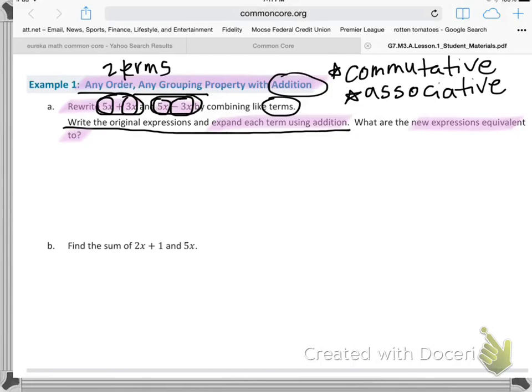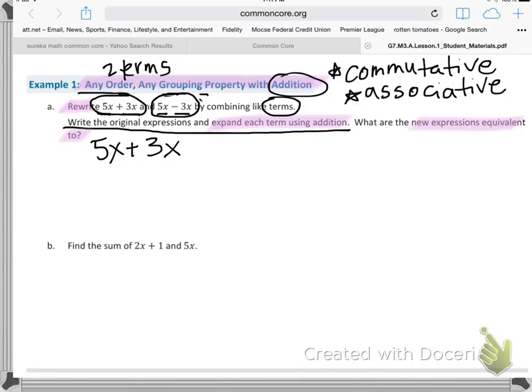And you're combining like terms, and these are like terms because they both have x's after them. 5x and 3x are both like terms in the sense that they are both a coefficient along with the x variable. And 5x and the negative 3x both have a coefficient and the x variable as well. So you are treating these as separate expressions here. So if we work firstly with 5x plus 3x,